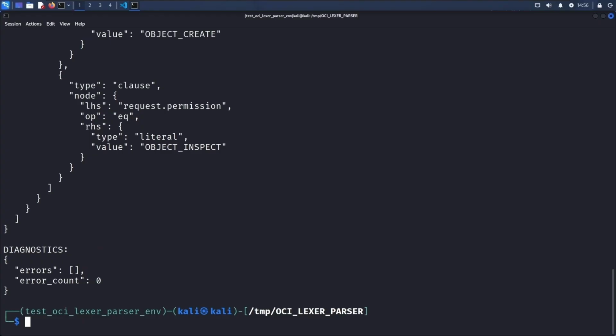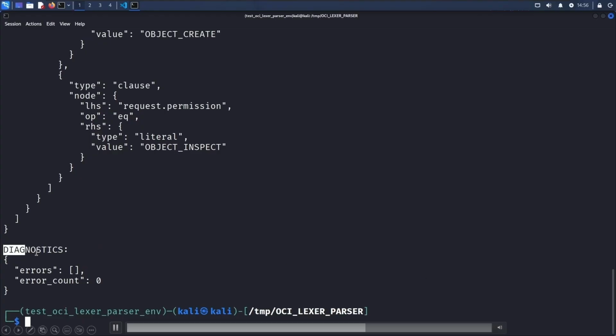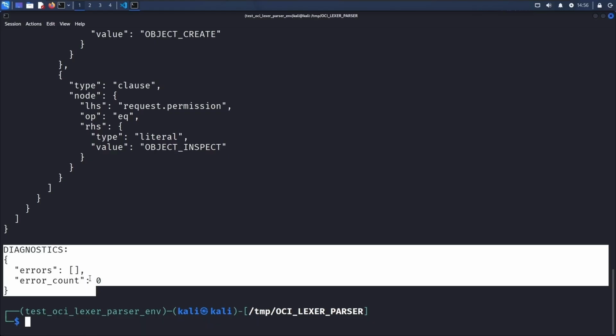So ideally, you could run your own tools, and this is what I'll do later in OCI Inferno. How OCI Inferno works is you run all your tools, collect all the policies, pass them through this function, and now you have a list of JSONs to parse through, which is a whole lot easier than trying to parse through just arbitrary syntax or sentences.